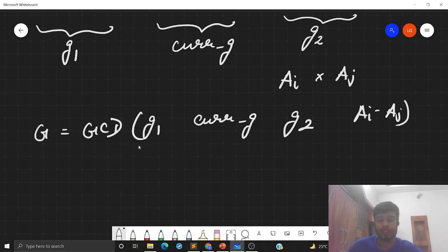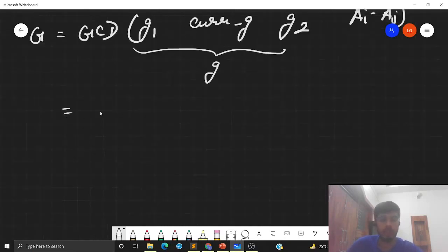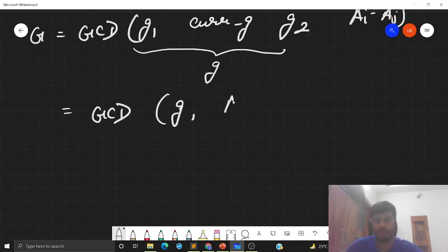So let's say the GCD of these three elements is G. So this is nothing but the GCD of G and A[i] multiplied by A[j]. Now the issue is that A[i] and A[j] are both going up to 10 raised to the power 18. So we cannot simply multiply them and calculate our GCD. We have to choose some other path to calculate this GCD.